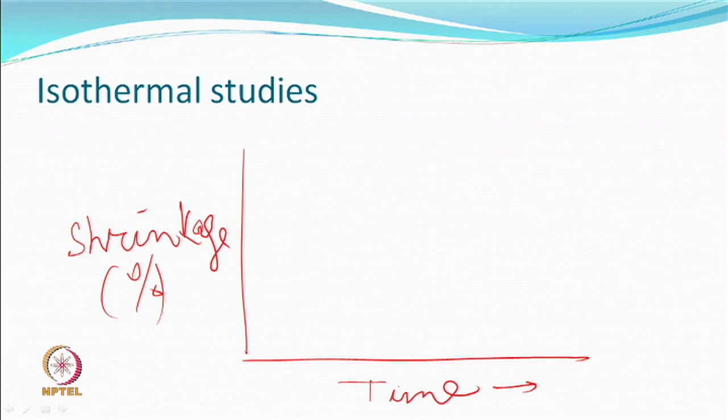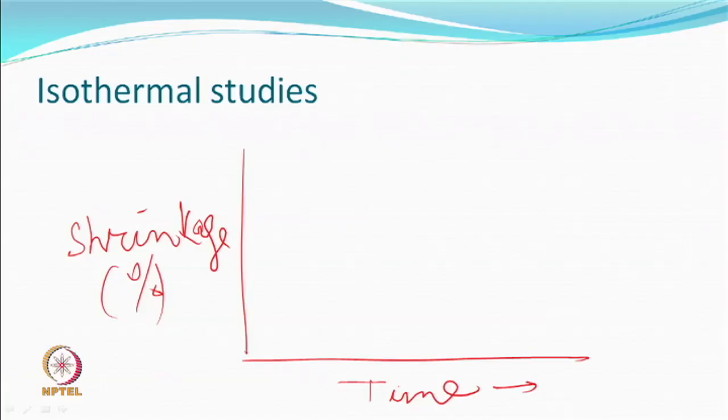Some studies were called isothermal studies, where you have a fixed temperature at which you are observing the shrinkage of fiber with time. Nothing is instantaneous. It is not that you just put it inside and suddenly everything will shrink, it will take time. And why would it take time? Because initially the solvent must diffuse inside, and only then will changes in molecular orientation take place.